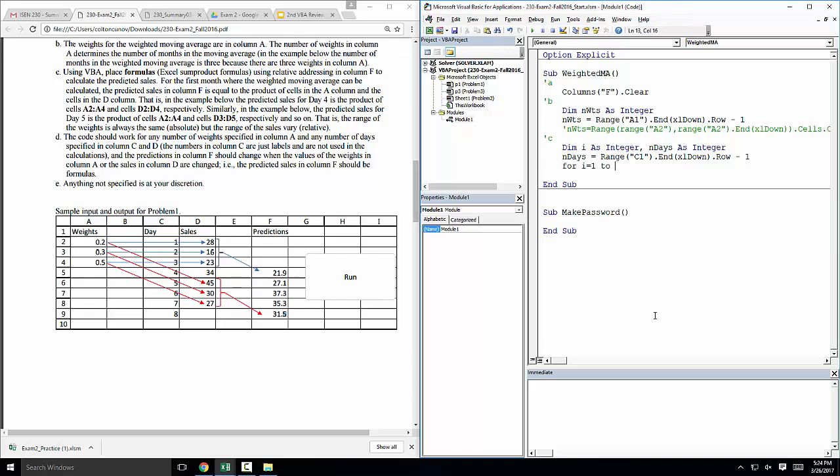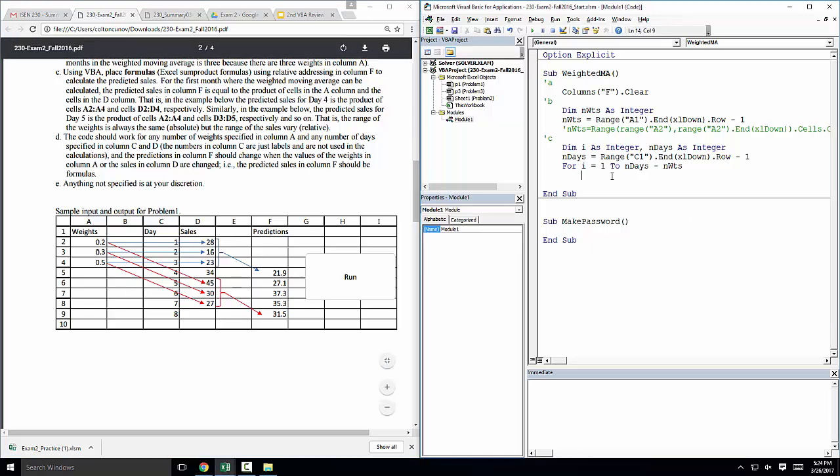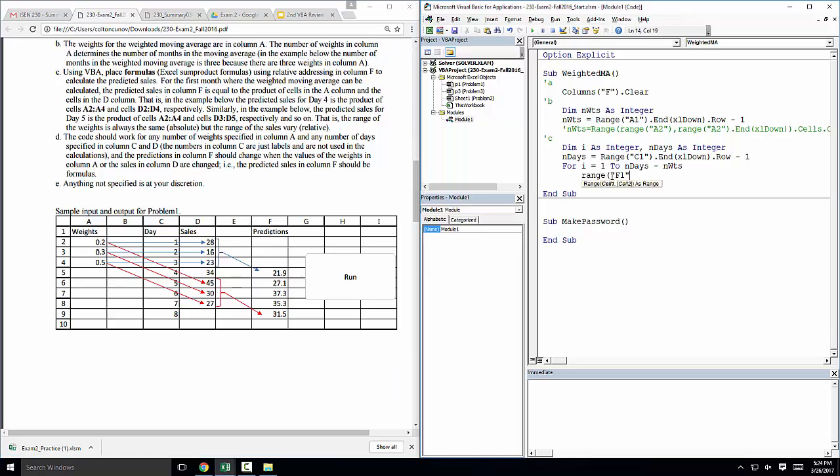So for I equals 1 to n days minus n weights. We know it's going to be in column F. So Range F1, offset, how many are we going to go down? The first time we're going to go 1, 2, 3, 4. So that would be I plus n weights. Then FormulaR1C1